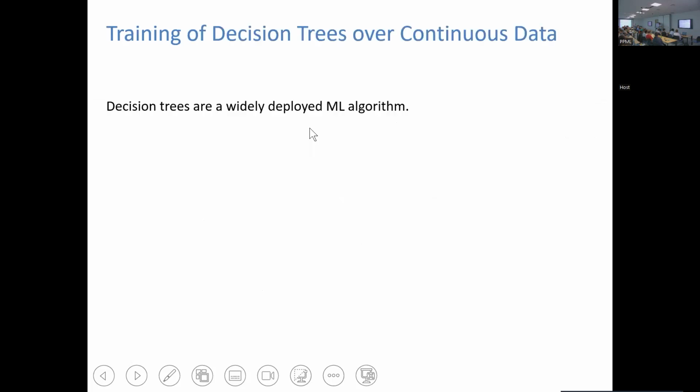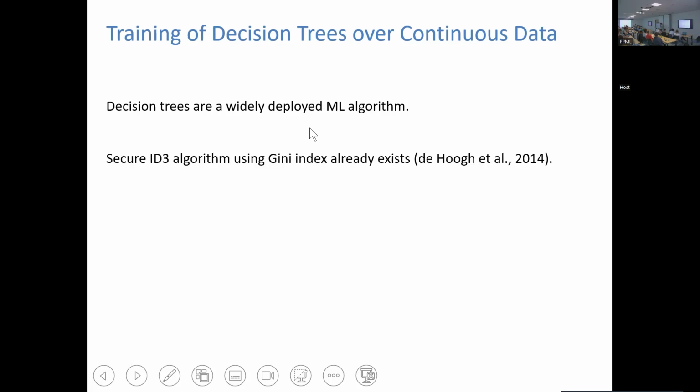Okay, so to finish up, I will briefly talk about something that uses a related method, but I'll just talk at a high level, which is decision trees. You hear a lot about the training and the inference of neural networks, but a lot of times if you have structured information, decision trees or decision tree ensemble methods can be very good. And they are deployed a lot in machine learning algorithms as well. So are there solutions out there? That was the question.